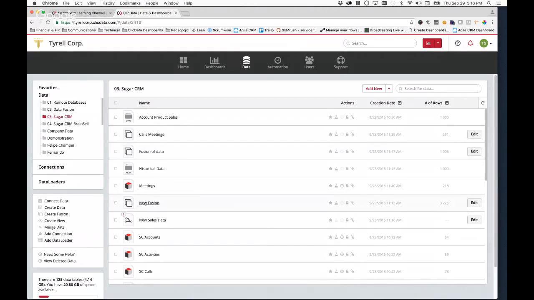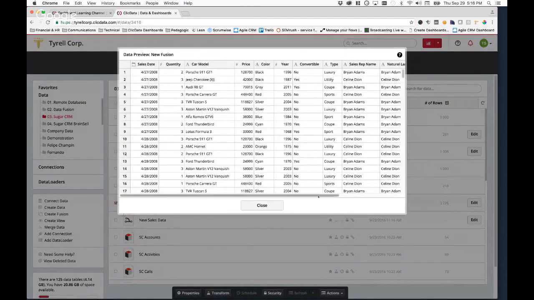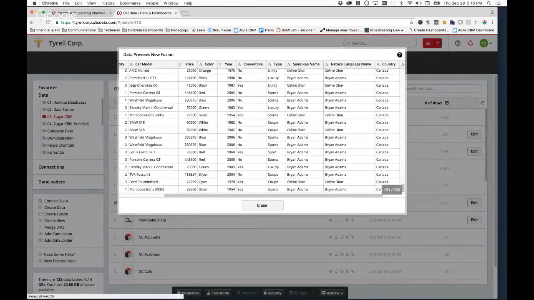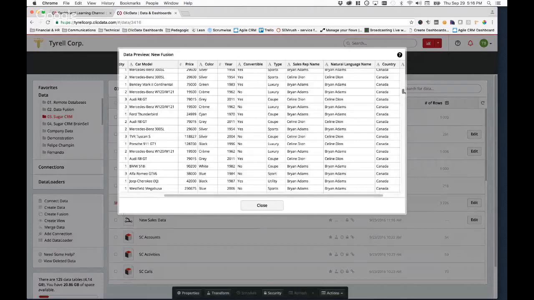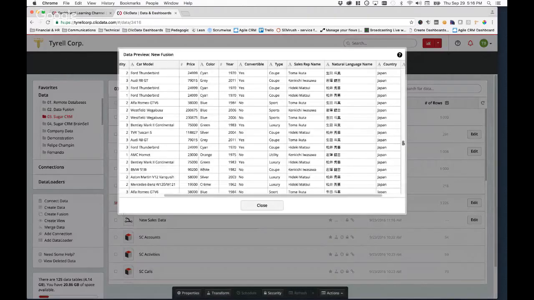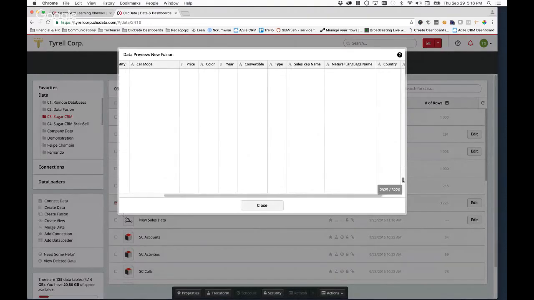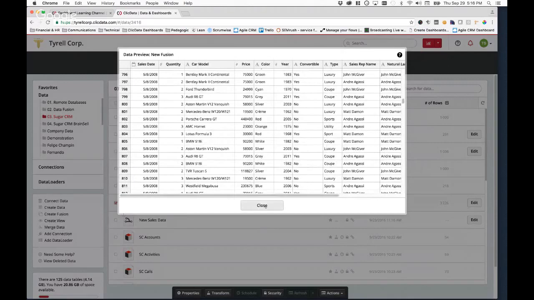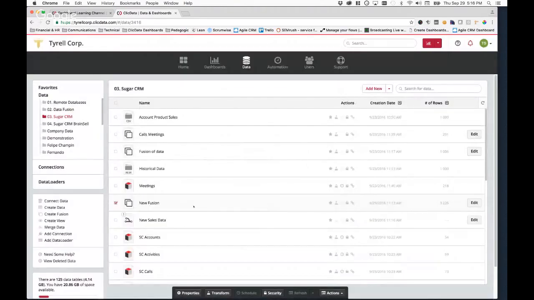I think that was it. And you'll see that we have data for Canada, and then if I expand here to see the remaining rows, if I scroll down enough, I'll see Japan, and somewhere along the line, I have a few other USA and so forth. Okay, so this is the full Fusion.